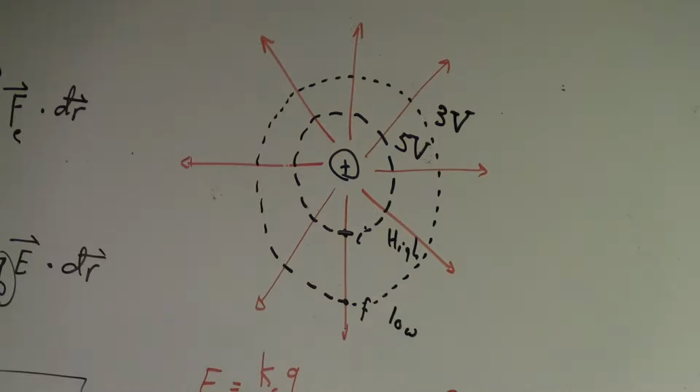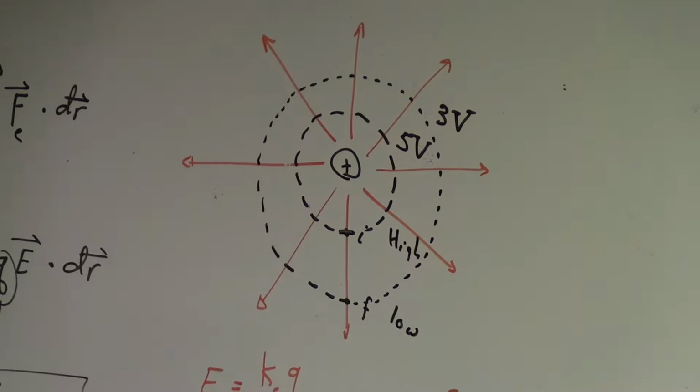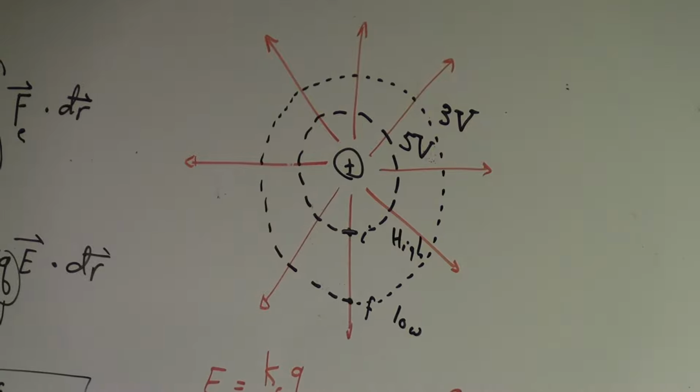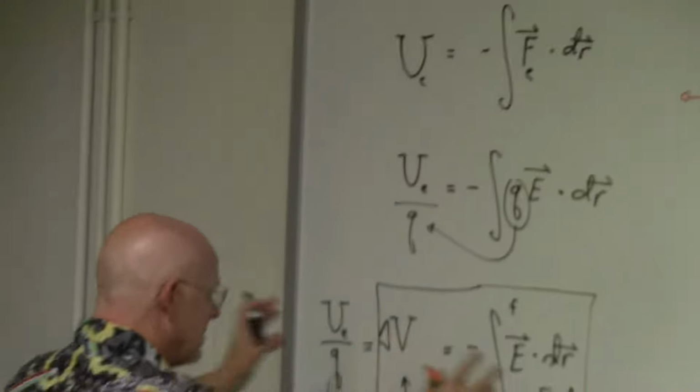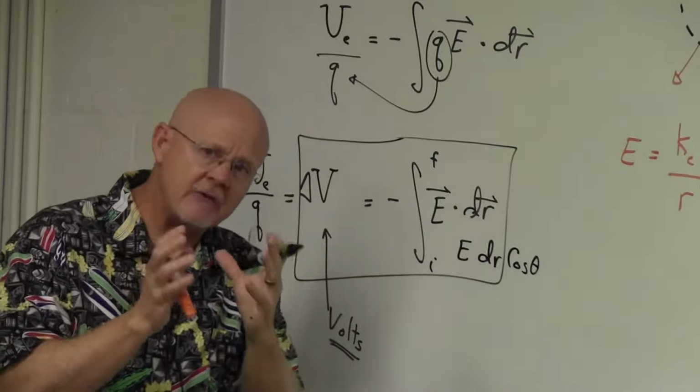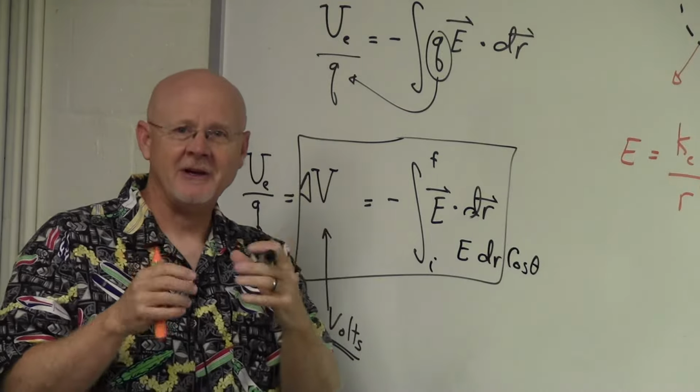A fancy word we like to use here is that we call these equipotentials. And these equipotentials are perpendicular to the electric field. All right, so this is the foundation of